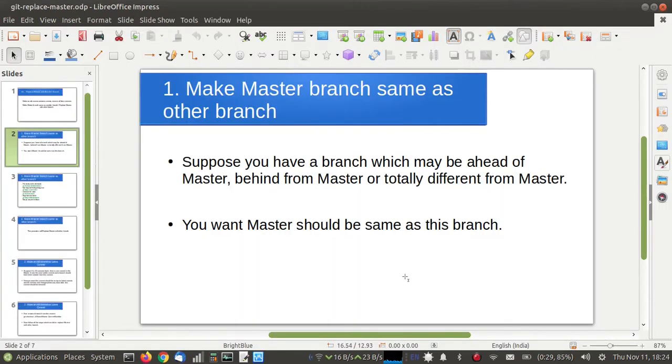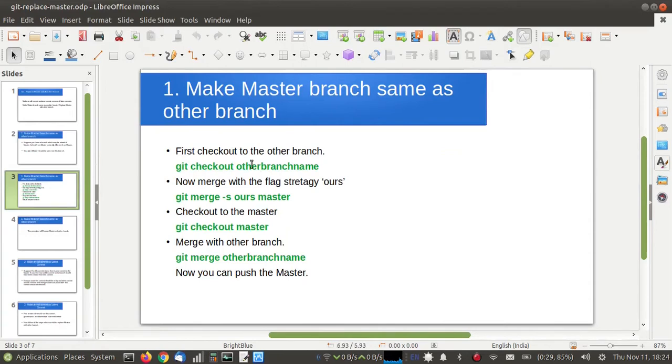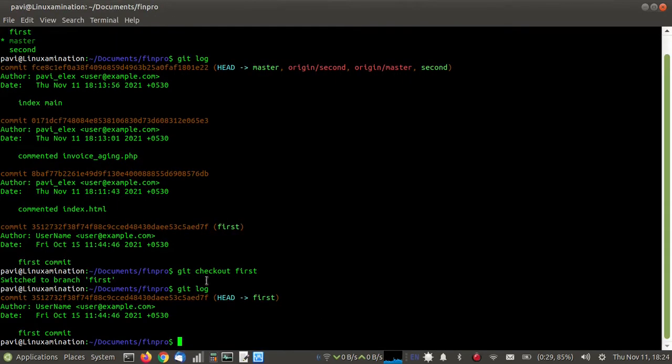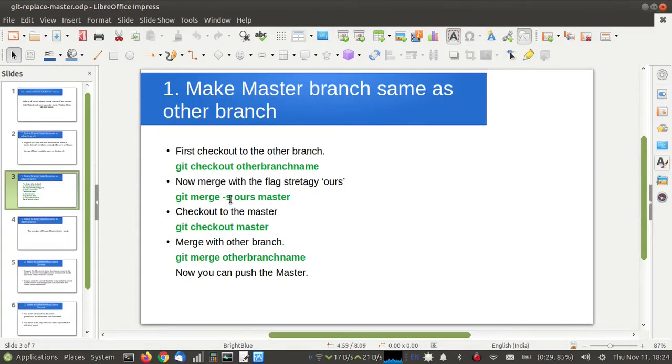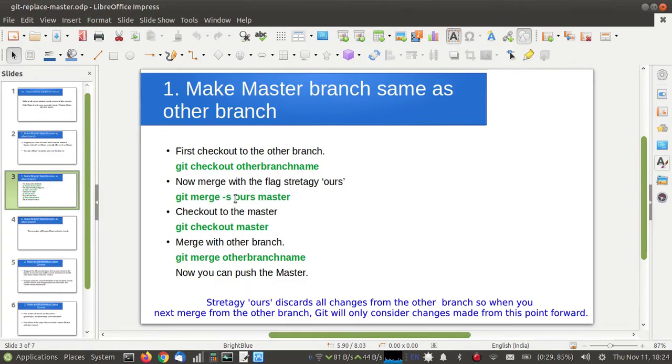Well, to perform this operation, there are certain steps. First, we are going to check out the other branch. We have already done this. We have checked out this branch, that is first. Now we need to use merge -s. -s is the strategy, so it says strategy ours. So we are going to merge this branch into master.